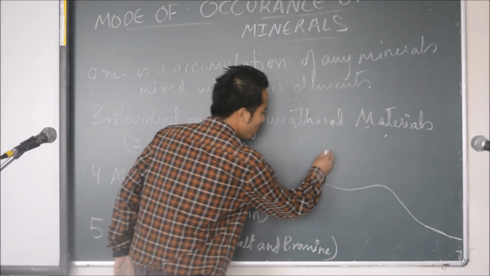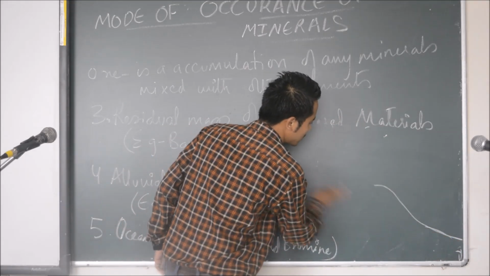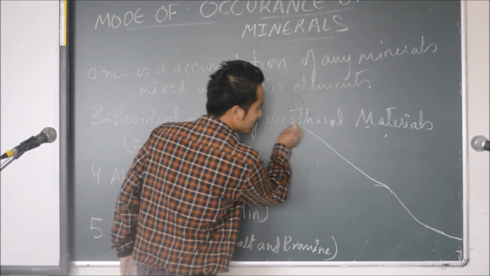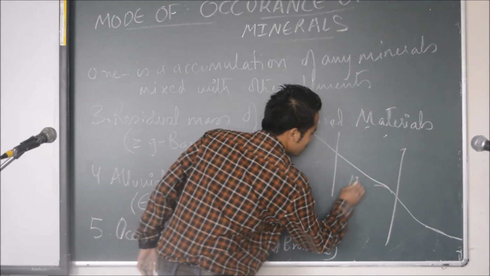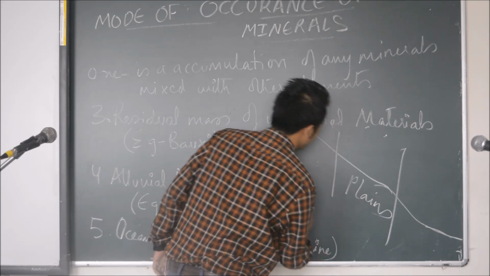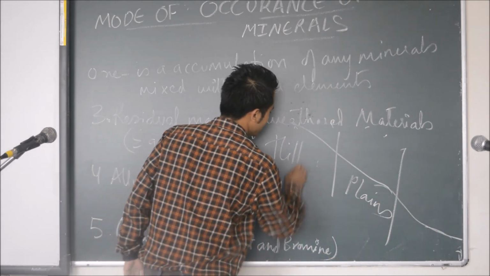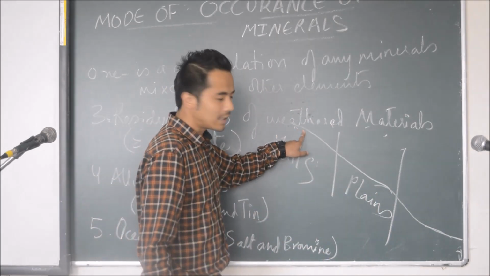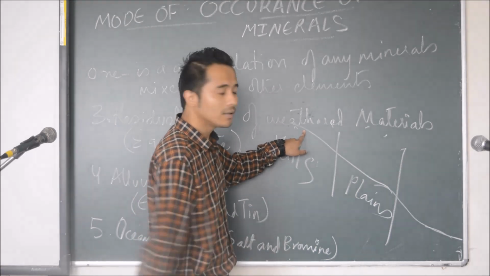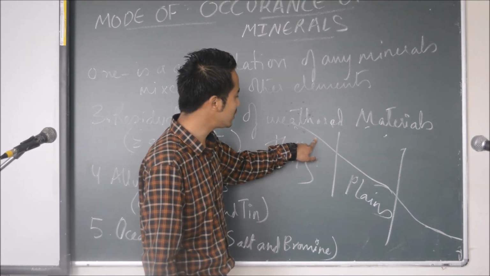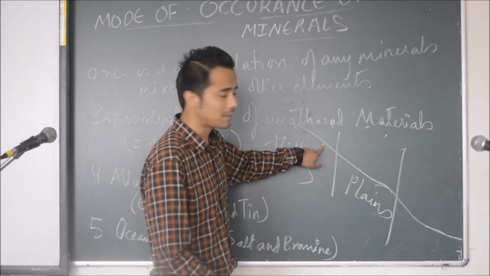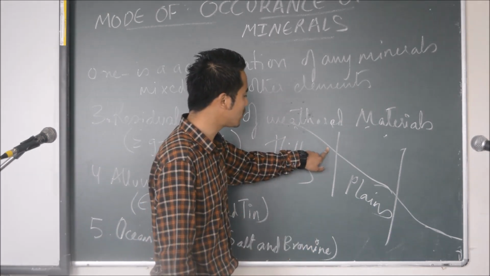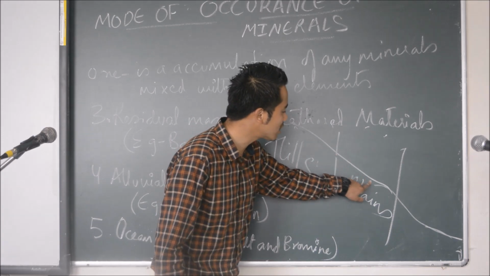Okay, when it flows, let's take this as plains and this as hills. When the river flows, due to the speed of the river in the hills, it brings sediments and lots of minerals with it, and when it reaches the plain areas,